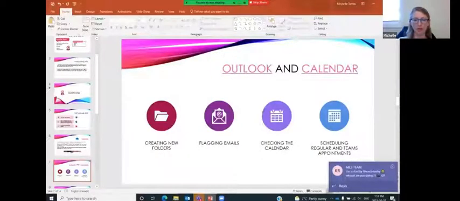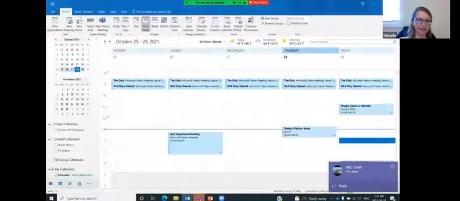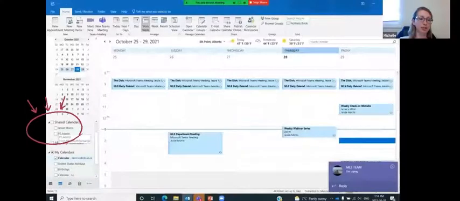Scheduling team and regular appointments. There we go. If you want to get fancy, you can actually share calendars with people. So Jessie has shared her calendar with me, which means if I want to set up an appointment with Jessie,